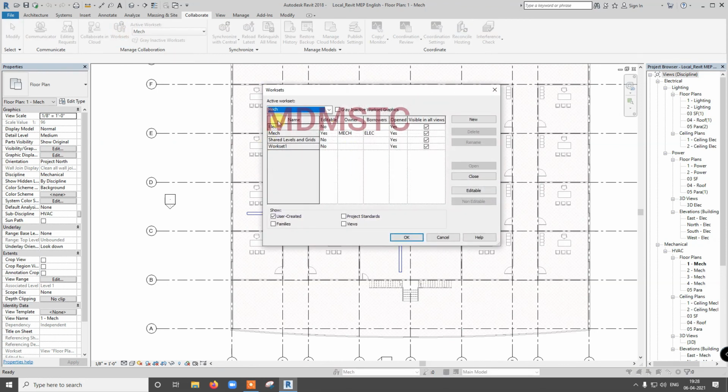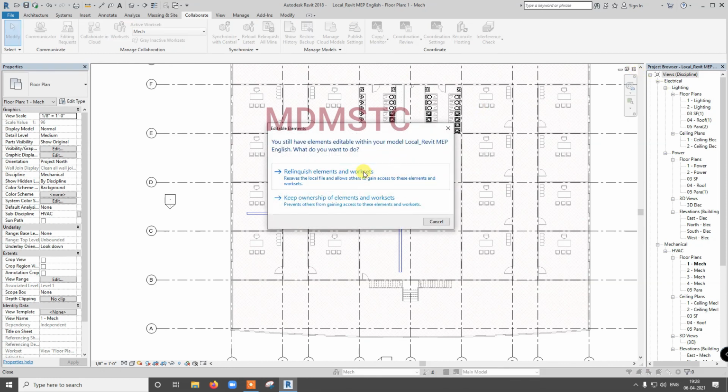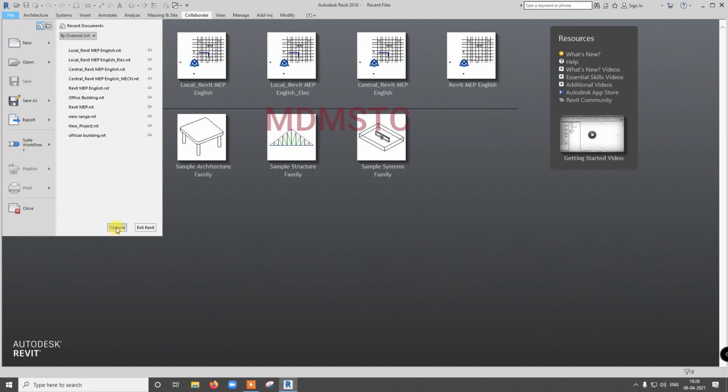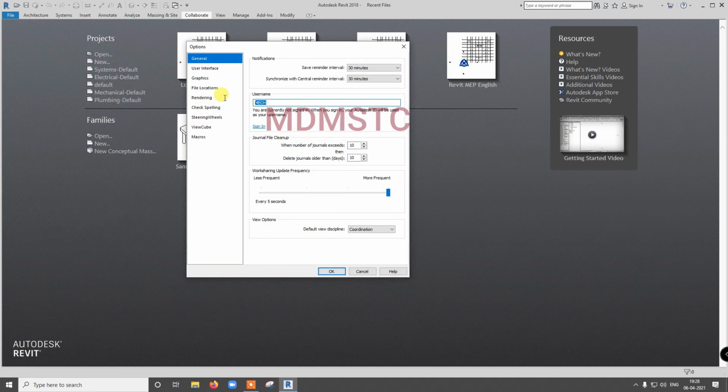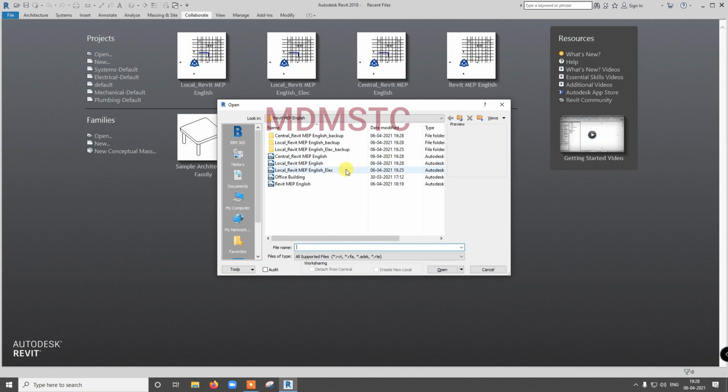Right, you got it. Now I am going to save this, close this. I am going to keep ownership of the work sets. Let us see. Now I am going to change to electrical. Open electrical.